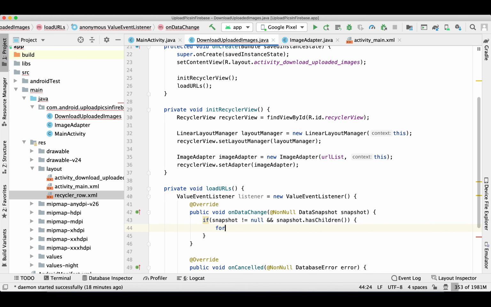So here with the help of a for loop, we can retrieve the URL.